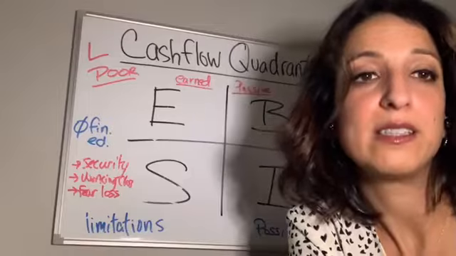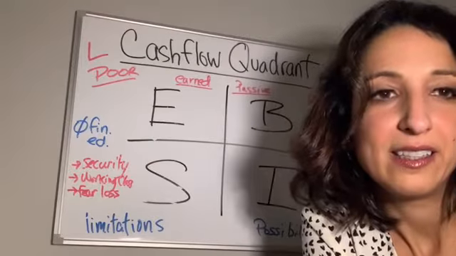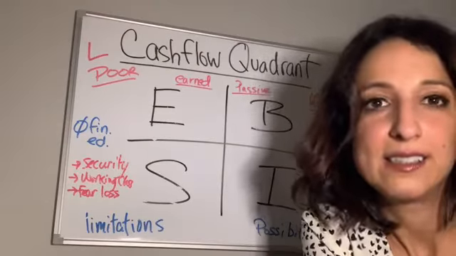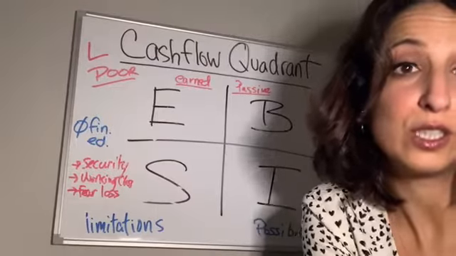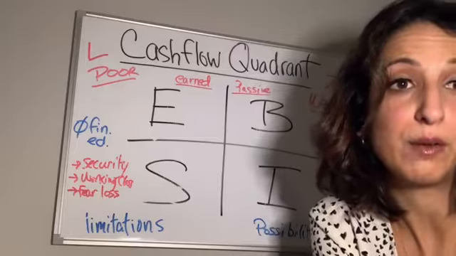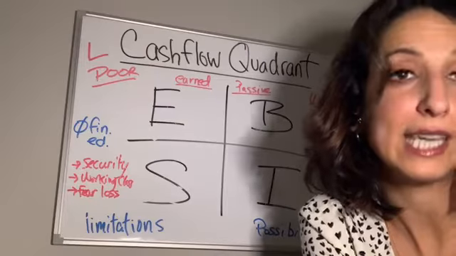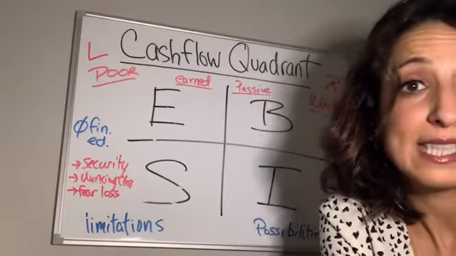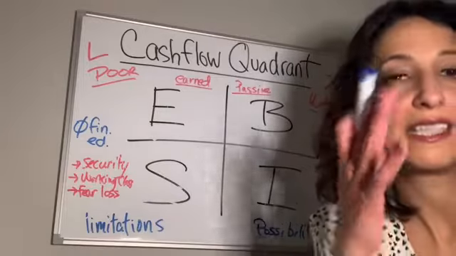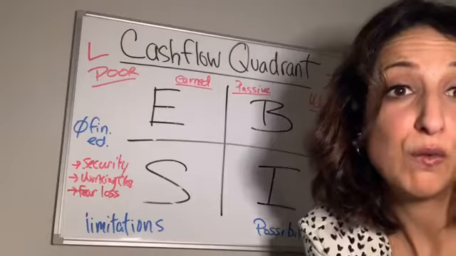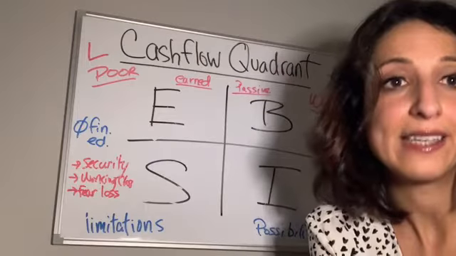You're working for somebody else's vision, and you lose sight of what it is that you're working towards. You're so used to being told what to do. That's what an employee does, right? You have a boss that tells you what you need to do and you get that done. Self-employed is the same thing, right? It's hard for you to stay and see a bigger picture because you're so focused on the mechanics.